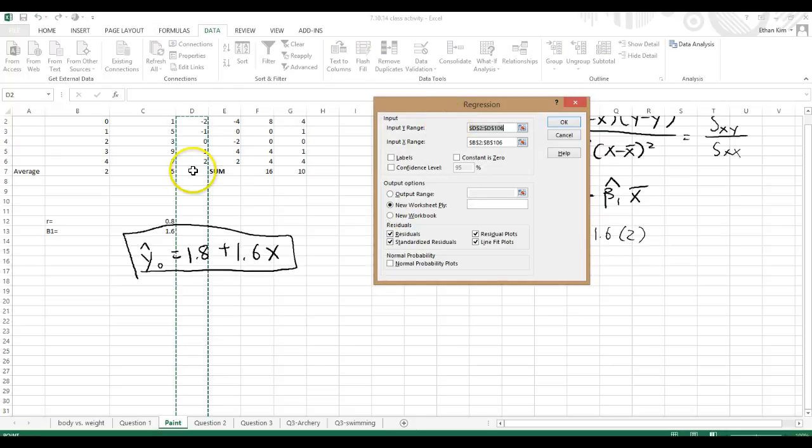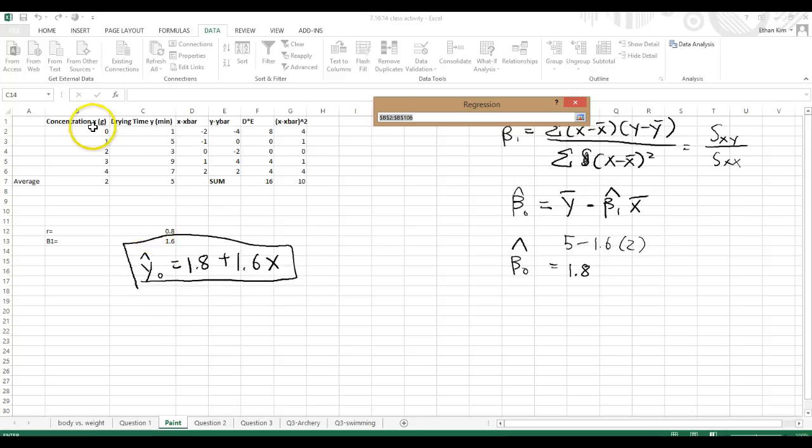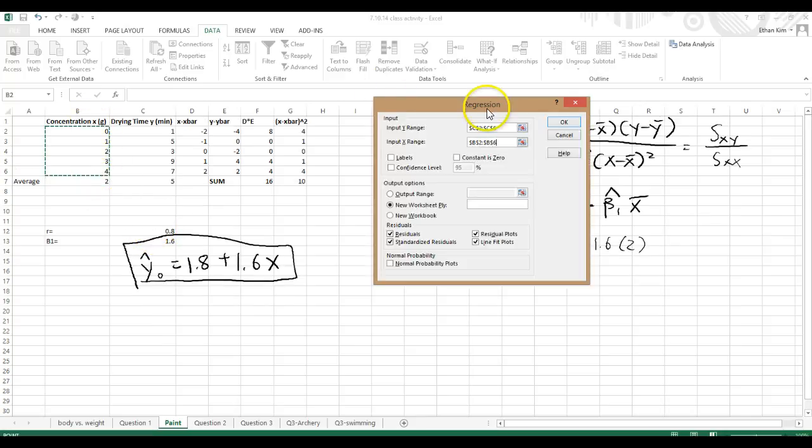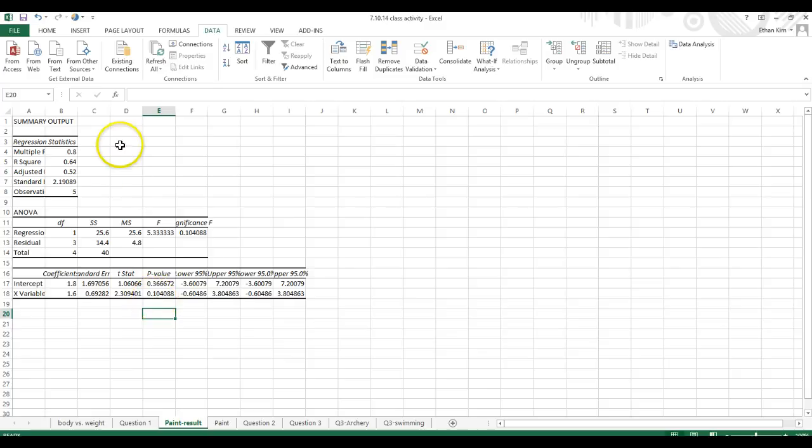And then it's asking for input range, input Y range. For Y we're using drying time, so we're going to use the values here. These are the Y values, and for X we do the same, but we choose concentration. So press enter, and Y and X are included in the system. Why don't we just create a new worksheet, and we're going to name this paint result. Let's just not worry about these yet. So just press OK. And if you go to the next tab, paint result, as I named before,